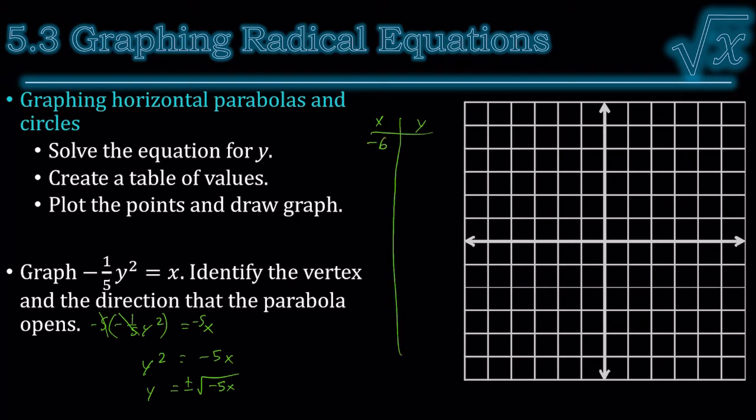So -6 is 5.48. -5 is 5, and don't forget these are plus and minus. Negative 4 is plus and minus 4.47. Now, in my calculator, I could only put in the positive or the negative, but if I put in the positive and then I just put the plus and minus in front of it,